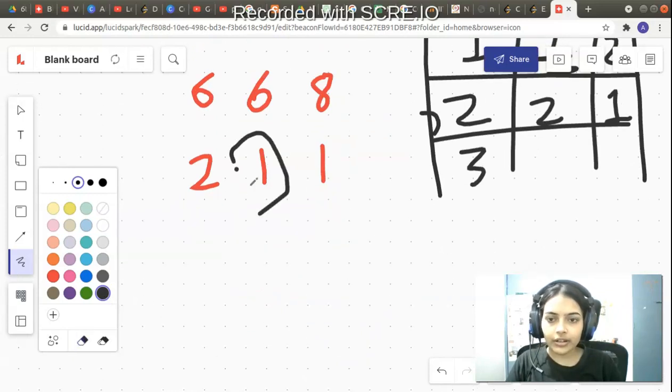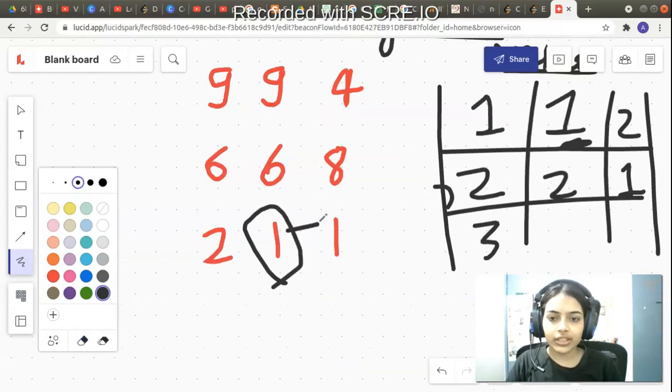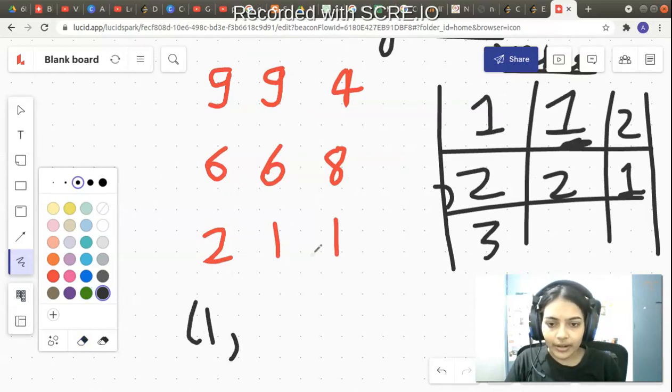Now we will go over this current element. This current element will make a call to its right neighbor. Its right neighbor is useless, because 1 is not greater than 1. So current max has to choose between 1, because this will return 0, 0 plus 1 is 1. It will call its down neighbor. Its down neighbor is also useless, it's out of bounds, so I will store 1 for that.